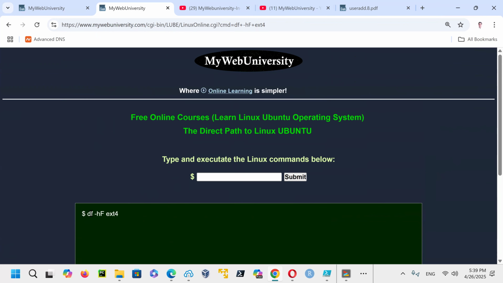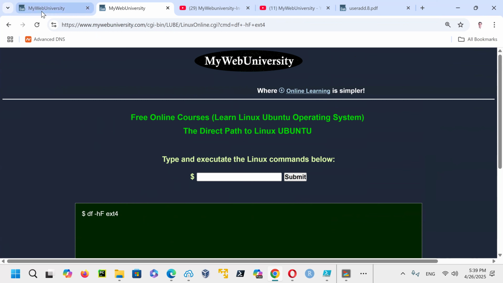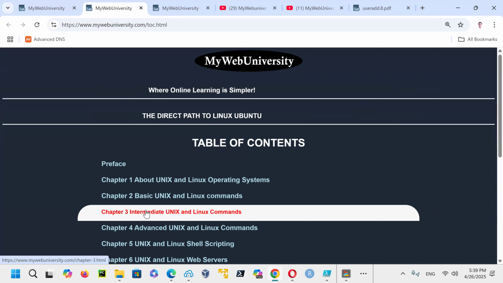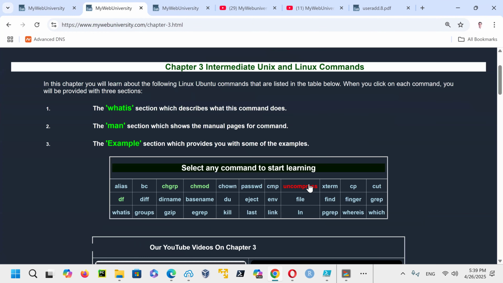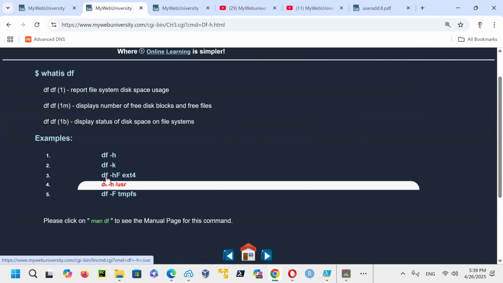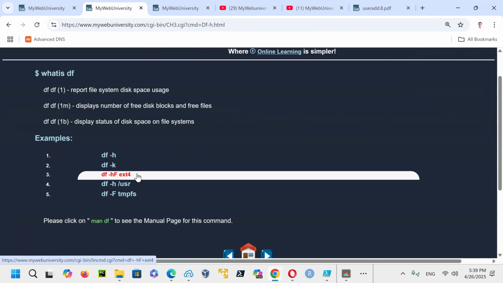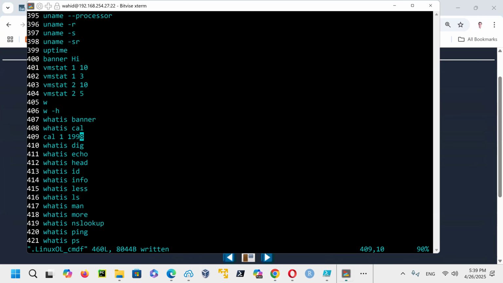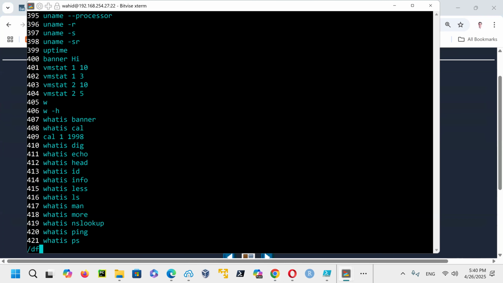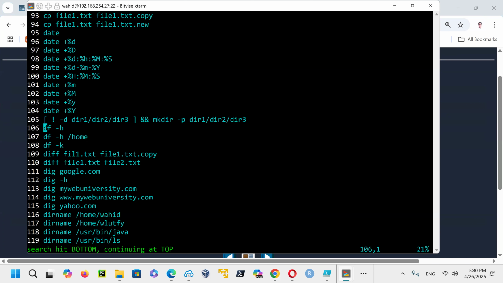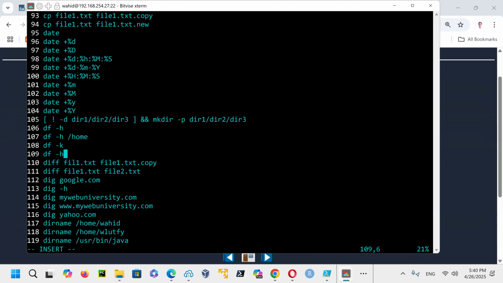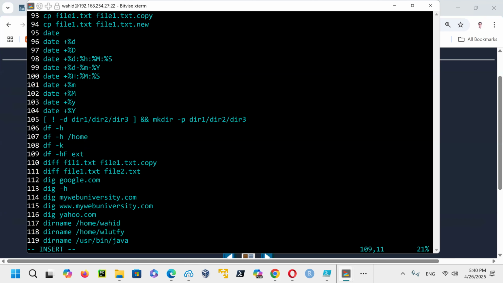So this is not allowing it, even though I might have it on chapter 3. Let's see on chapter 3. I go in chapter 3 and under the df command, df -hF ext4 file system. This order of -hF, I'm going to put both of them. So when you go here and look for the df command, this is all the df command that I'm allowing here. So if I want to just incorporate -hF ext4 file system, I could do that.